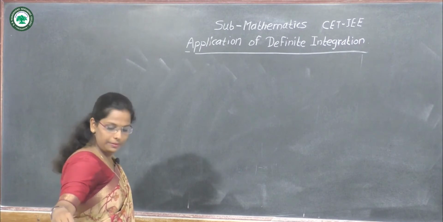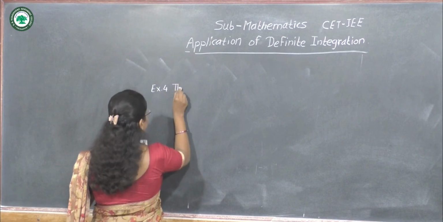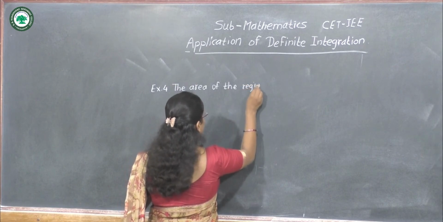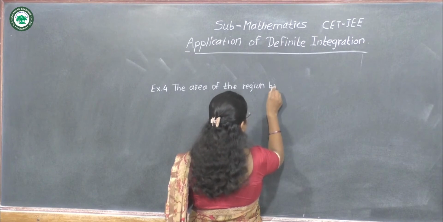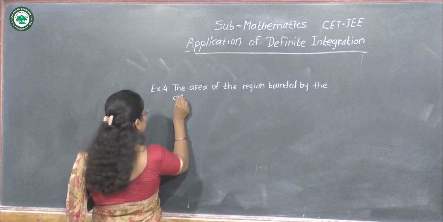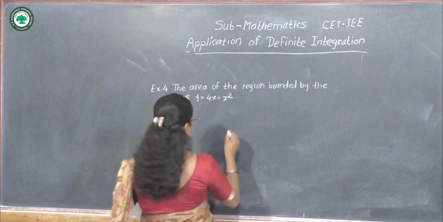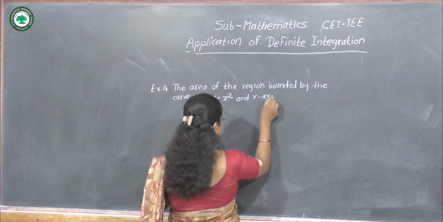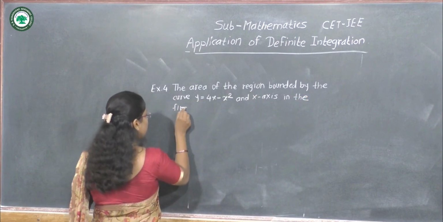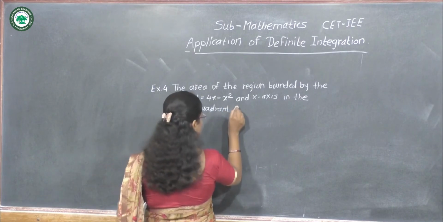Next, example number 4. The area of the region bounded by the curve y is equal to 4x minus x square and the x-axis in the first quadrant is